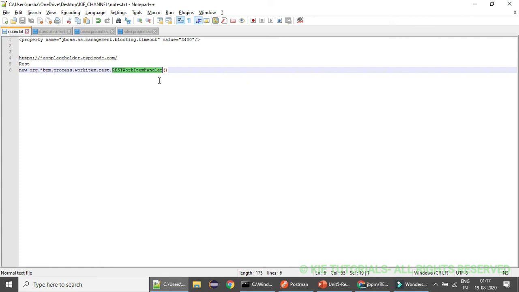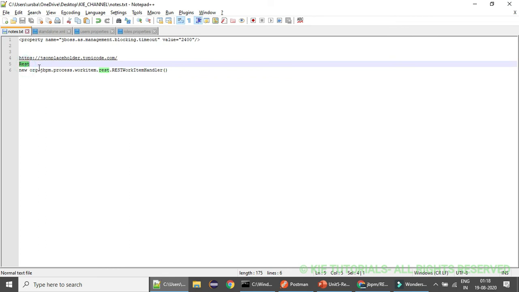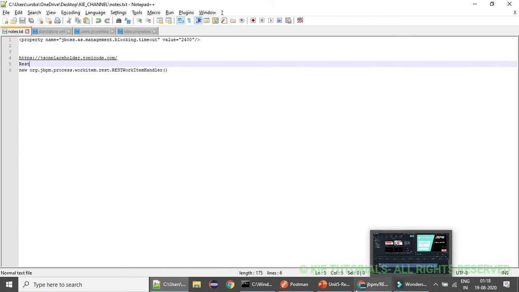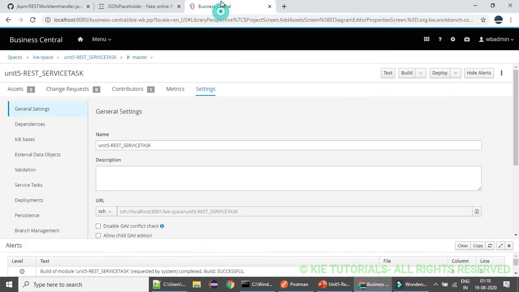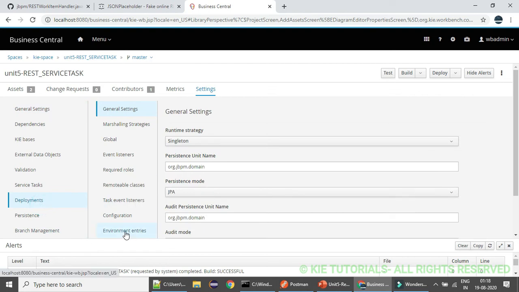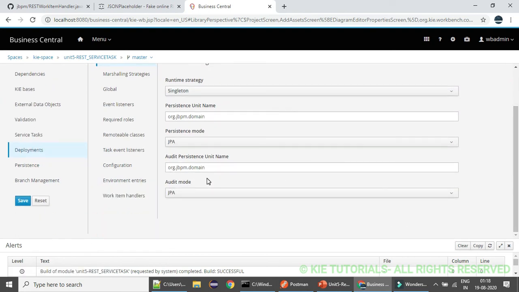So this is the jBPM work item handler, which is used to make REST calls, and the name, whatever we have given in the work definitions, the same name we have to use. So how to register this work item handler within our project settings? Just go to the settings and go to the deployments, and there will be a section called work item handlers.